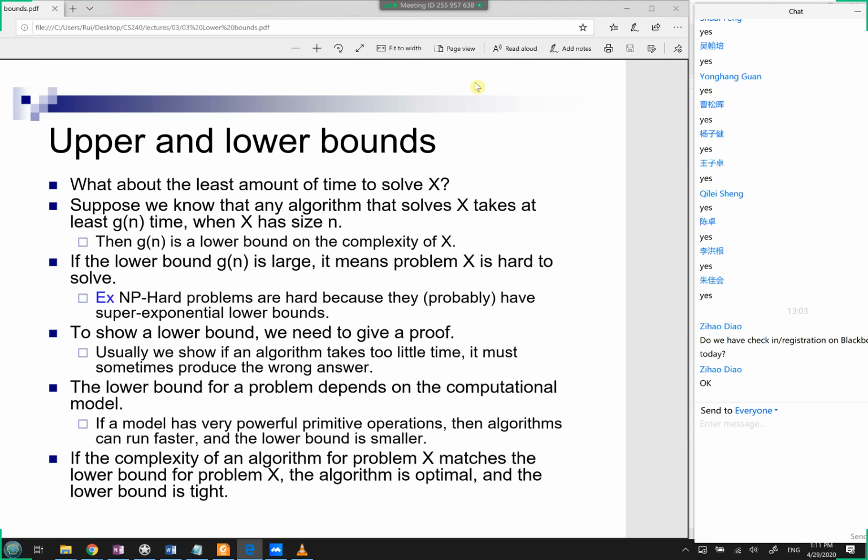So if you're allowed to do more than just compare two numbers, for example, if you can look at the individual digits of these numbers, and let's say you can do arithmetic operations on them, so you can add two inputs or multiply two inputs, in that case we have some algorithms that can sort faster than n log n time. Can you guys think of any algorithms that can sort in linear time? If you have n inputs, any algorithms that you know of that can sort in order n time?